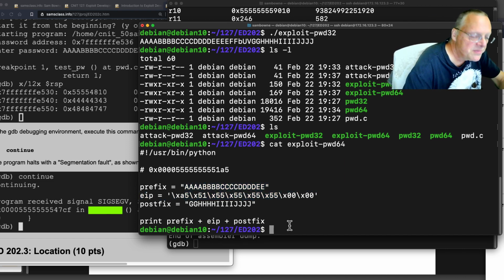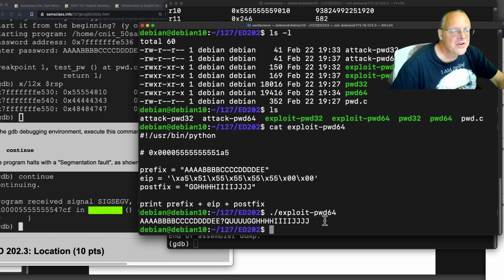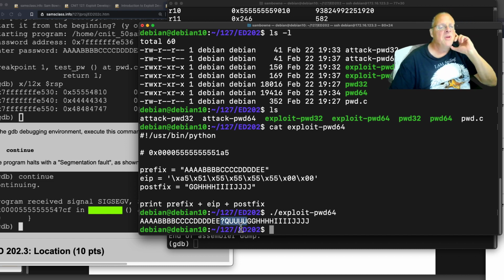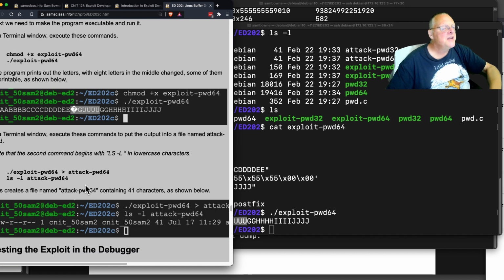And if you run this program, 64, again, it prints out all the letters out to J, but in the middle, there are some funny letters, some of them non-printable, which are this mess printing out. So I take the output of that and put it